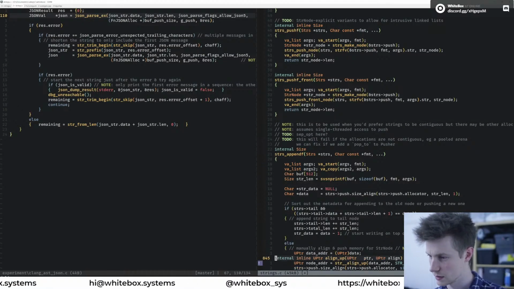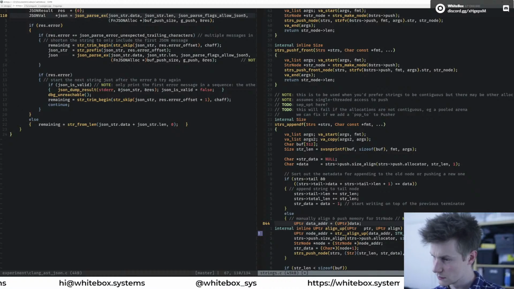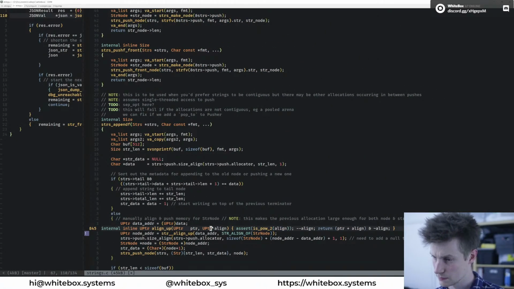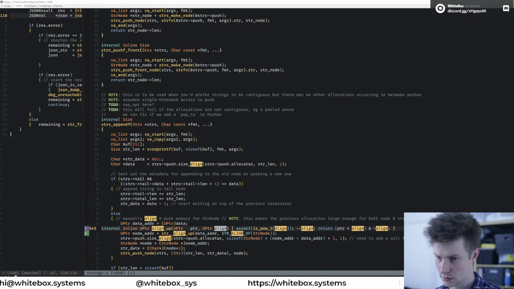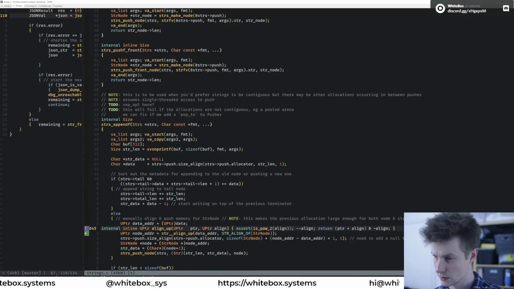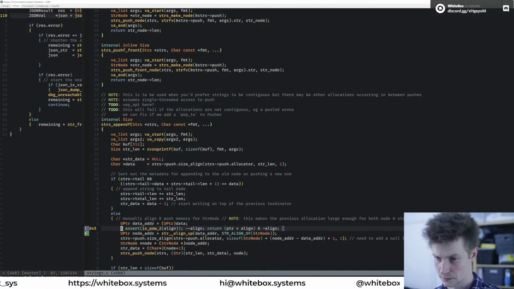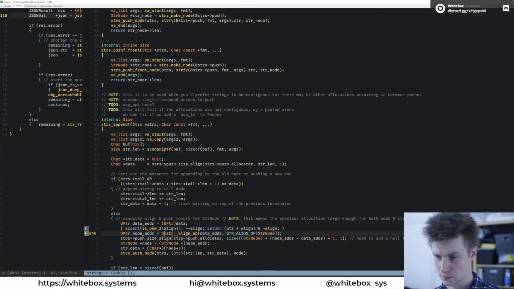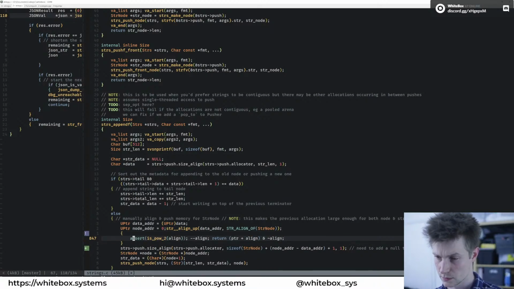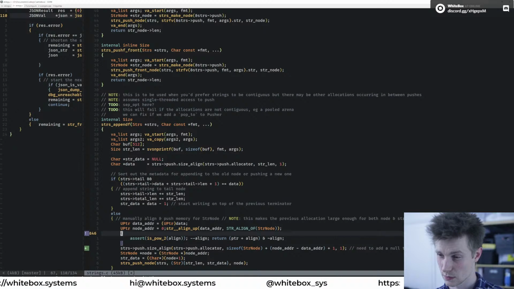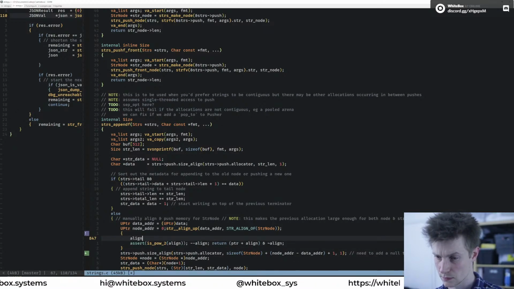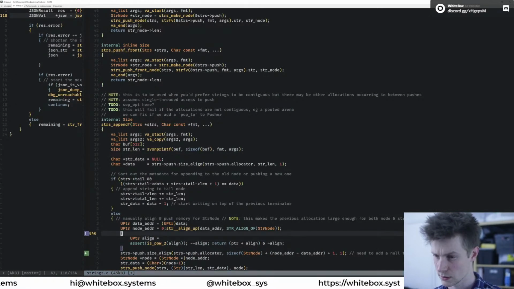Actually, if this is the only place that we're doing it, let's just do it inline. So we need to do pointer align equals